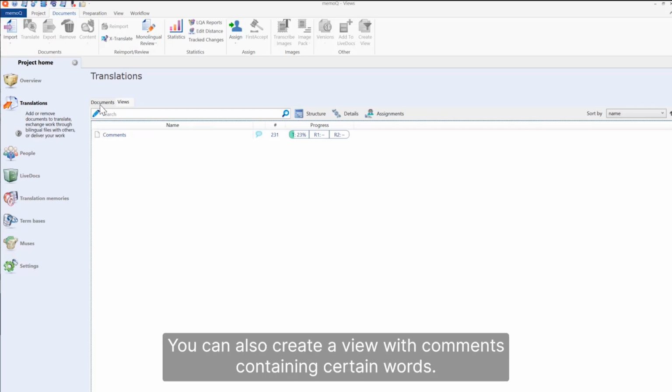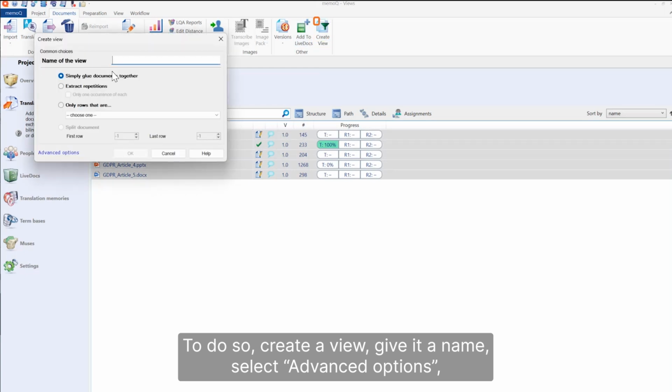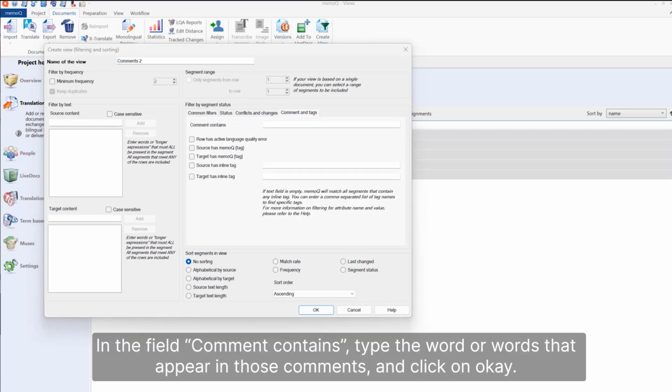You can also create a view with comments containing certain words. To do so, create a view, give it a name, select Advanced Options, and this time go to section Comments and Tags. In the field Comment Contains, type the word or words that appear in those comments and click on